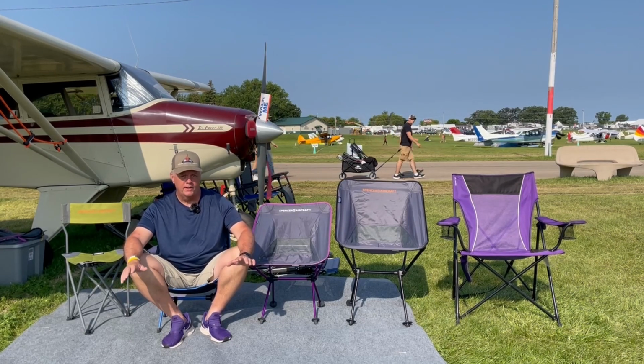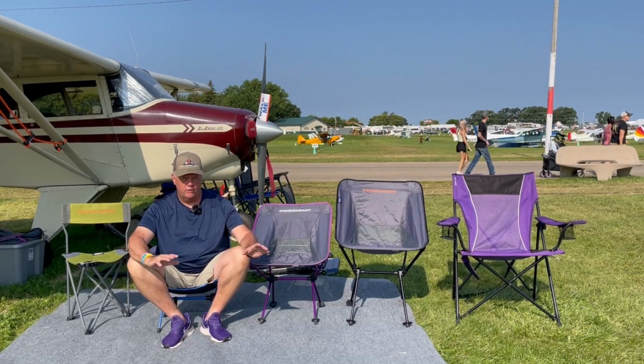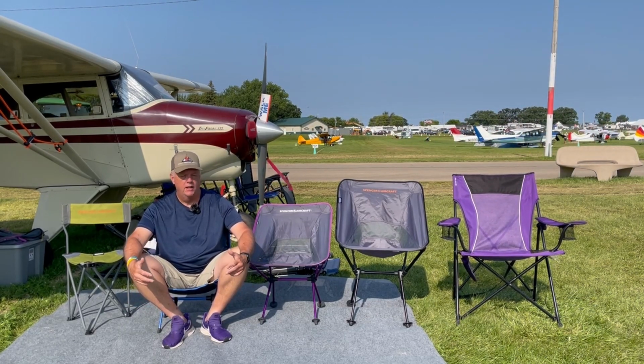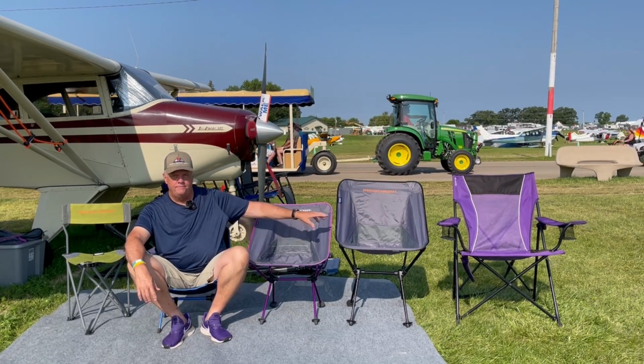Again, for 40 bucks, it was a purchase that I wanted a chair for the weekend because I'd forgotten my other one. So it works for that purpose. I can't see myself using it a lot of times, but anyway, of these three,